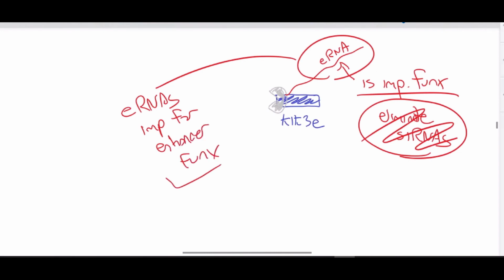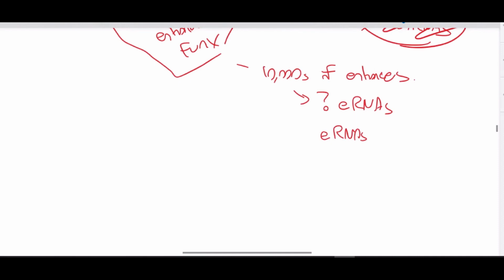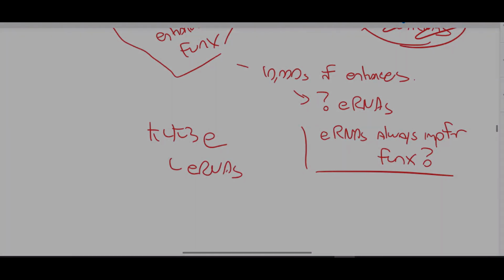Now this is an important finding, and it's a relatively new finding. There are thought to be tens of thousands of enhancers in the human genome. And we don't know if they all make enhancer RNAs, and if they do all make enhancer RNAs, we don't know if the enhancer RNAs are always important for enhancer function. So we don't know that yet. But what we do know is in the case of the KLK3 enhancer, its enhancer RNAs are important for its function. And we're going to see